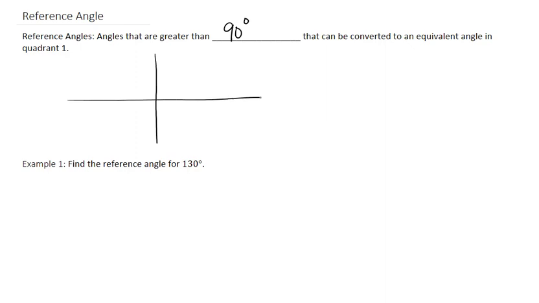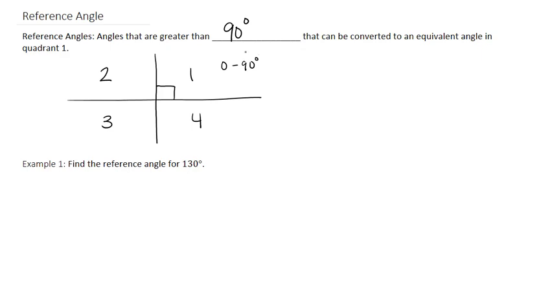So here we have a graph. This is our quadrant 1. This is 2, 3, and 4. Now, what we're doing is converting anything in quadrant 2, 3, or 4 into a quadrant 1 triangle to create a reference angle. And how we do this is that, this is from 0 to 90 degrees